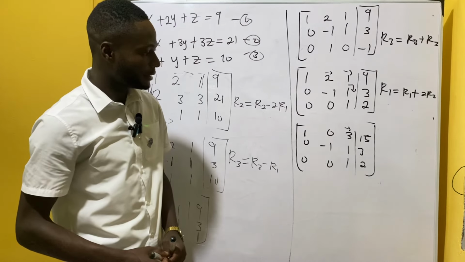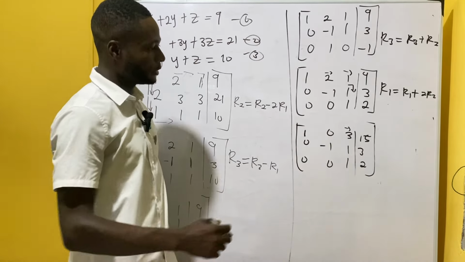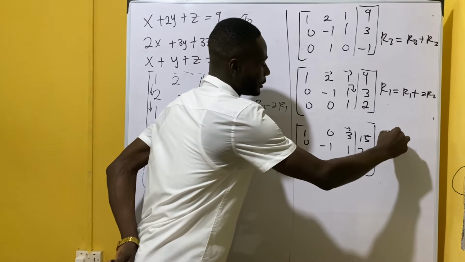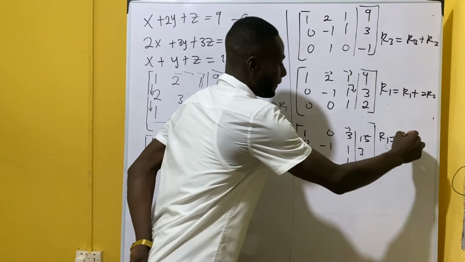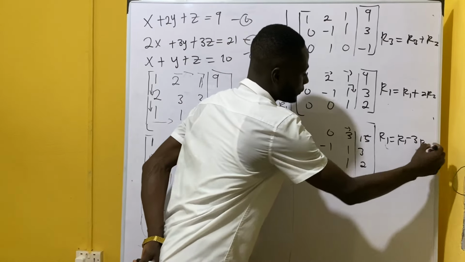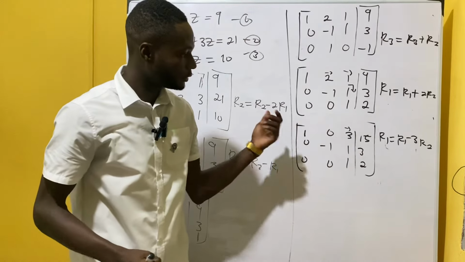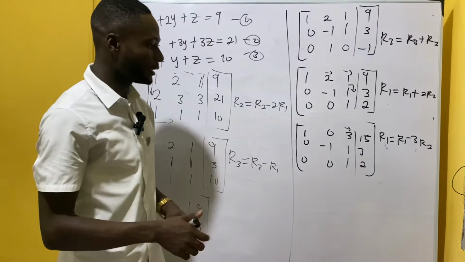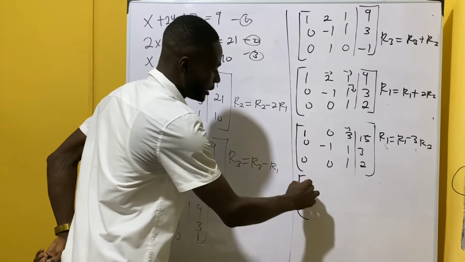So we can say that row 1 is equal to row 1 minus 3 row 2, right? Row 1 should be equal to row 1 minus 3 row 2, right? So we have right here, we maintain the